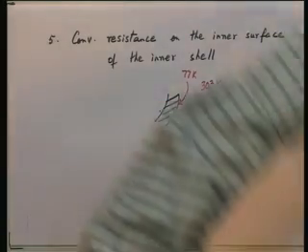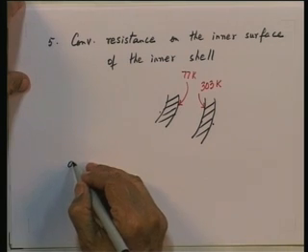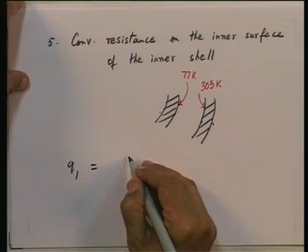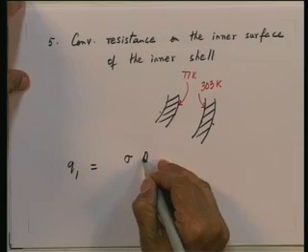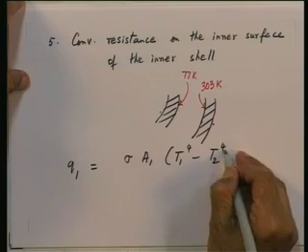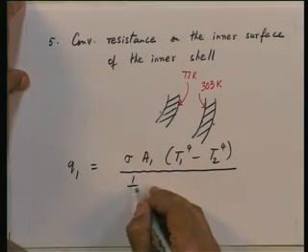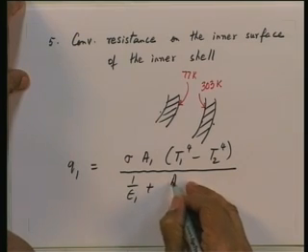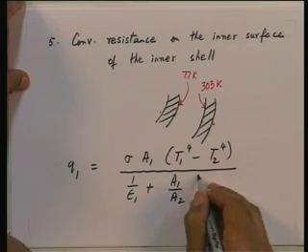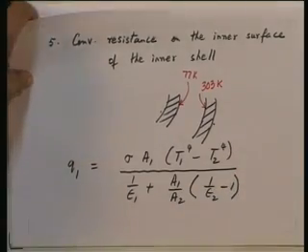If I do that, then it is just a substitution into the expression we have derived. We will get Q1 is equal to sigma A1 (T1 to the power 4 minus T2 to the power 4), the whole thing divided by 1 by epsilon 1 plus A1 upon A2 (1 by epsilon 2 minus 1). Just substitute into this expression now. All the data is given. So, if you substitute, you will get